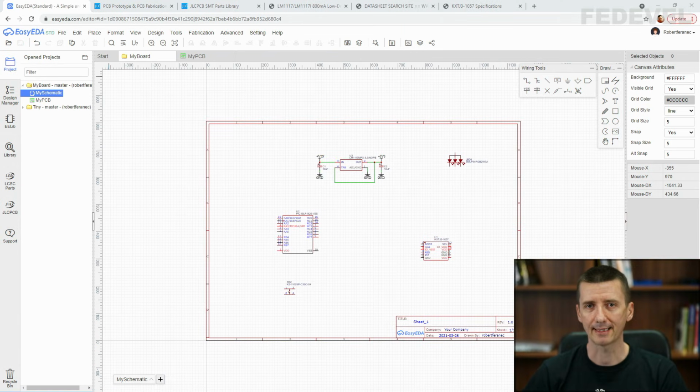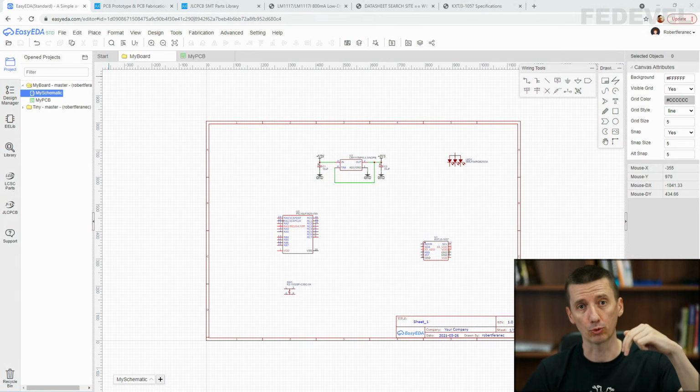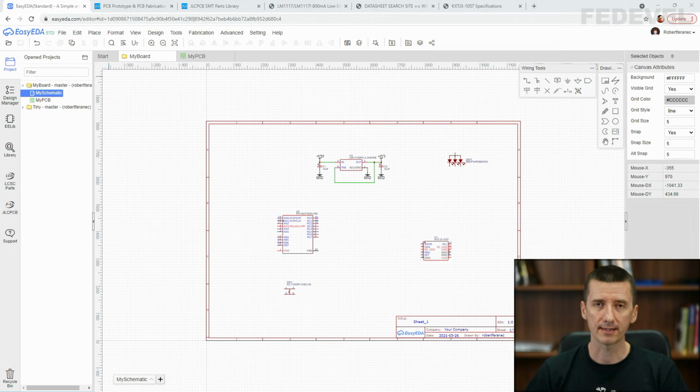To connect battery to our board, we will need 2 through-hole pins or through-hole pads where we will solder 2 wires coming from battery holder. And the simplest and quickest way how to add 2 through-hole pins into our board is to put there a simple 2-pin header, which we will not fit. And that's what we are going to do now.